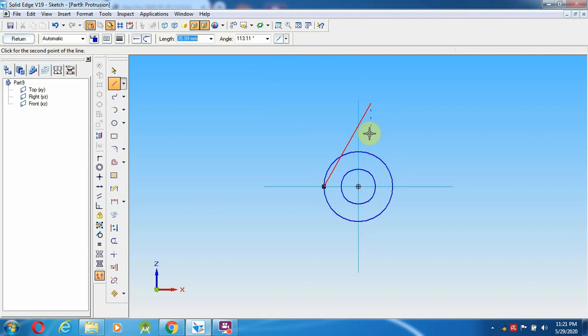From here to 120, so down again you can give 60, but move the cursor towards down. Okay, so from here to minus 60.